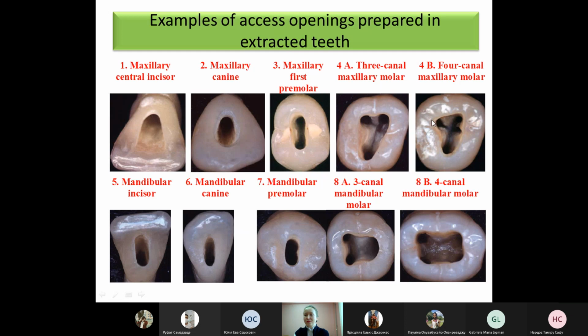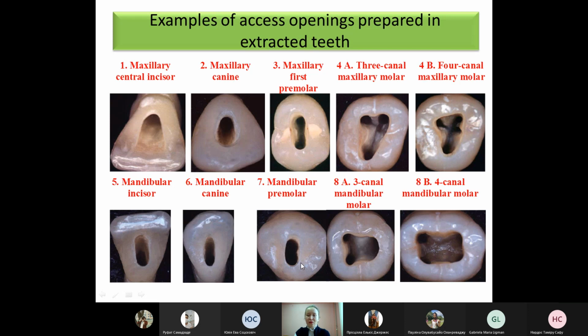In a case if this molar is a 4 canal molar, such access opening is done. It is always necessary to keep in mind that there possibly can be the presence of an extra canal in the mesial-buccal root. Anterior mandibular teeth,